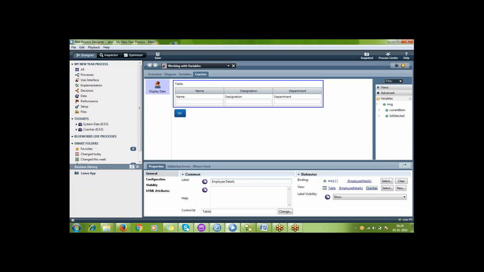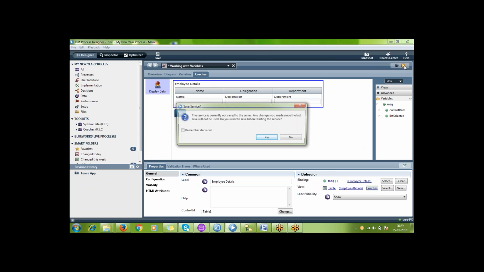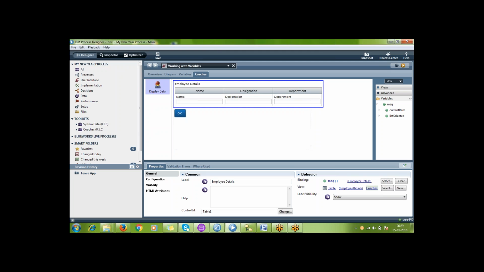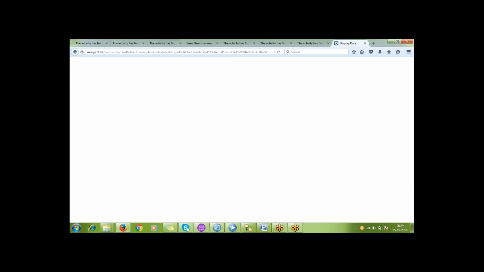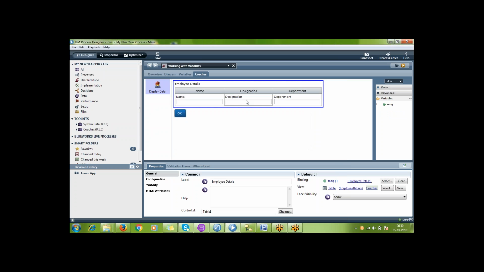Some employee details. I have renamed the table name as well. Now I'm just clicking on this run. I can see the details: Vivek, Vamsi. Okay, this is one way. The other way is